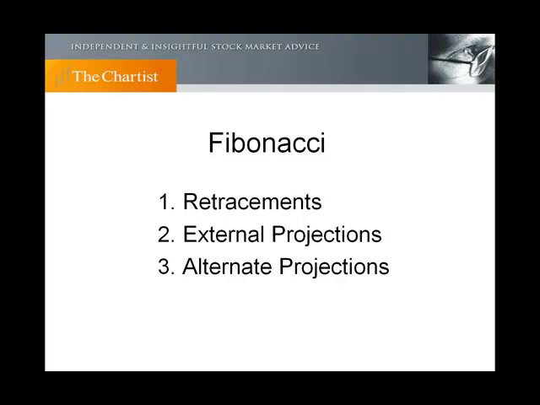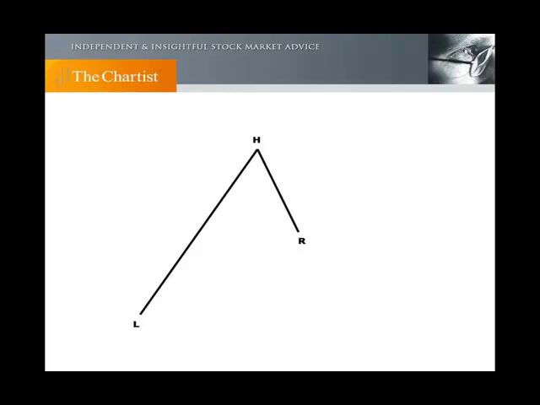At the Chartist, we only ever use 3 retracements. The retracements we use are a 38.2%, a 50%, and a 61.8%. That is it. We don't use anything more. A retracement is we have an impulsive move, and then we have a retracement back against that move of some degree. Usually in the wave 2 position, that degree of retracement will be quite deep, usually 50% to 61.8%. In a wave 4 position, it will be a lot more shallow because a lot more people are comfortable with the trend. They do not allow it to dip as far, and usually in the wave 4 position, the retracement will be 38.2%